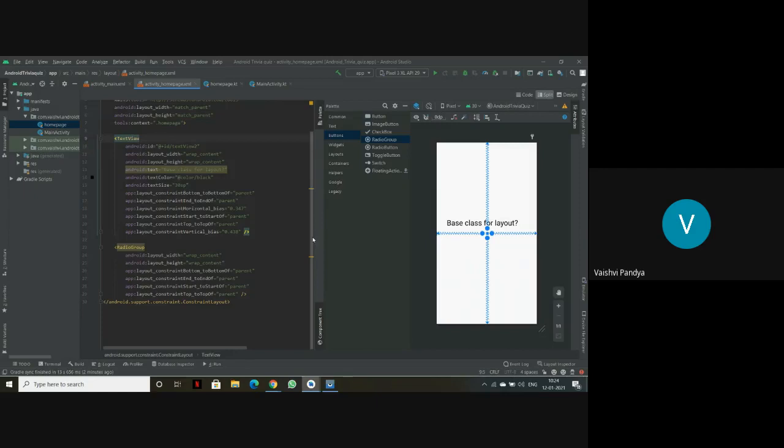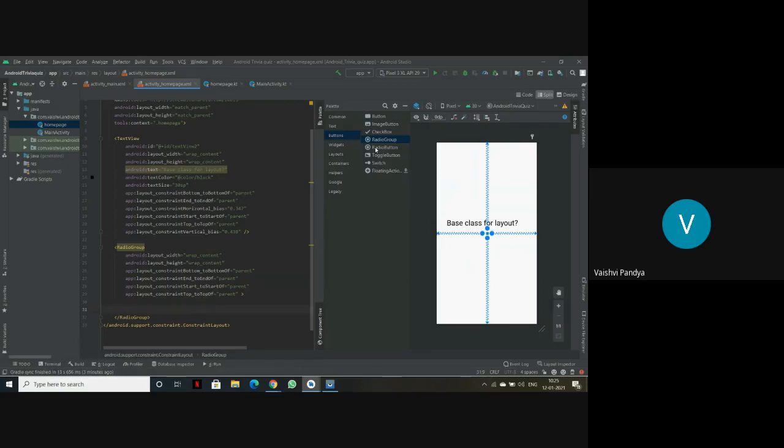Here in the code section, we have the radio group. Now we'll use radio button. We'll have to close the radio group first. For using the radio button, you'll always have to start with radio group, because the radio button is a sub part of the radio group. If you directly use the radio button option, it will not come out the same.